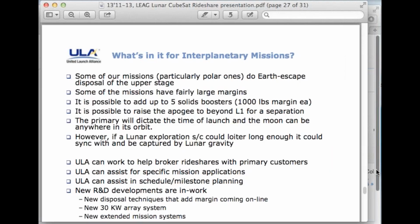So what can it do? Well, we can do fairly large missions. We can add solids up to 5 to get 1,000 pounds margin for each solid. So there is a lot of latitude to what we can do to support the launch of lunar or even interplanetary spacecraft. We can help to broker the rideshare with the primary partners,